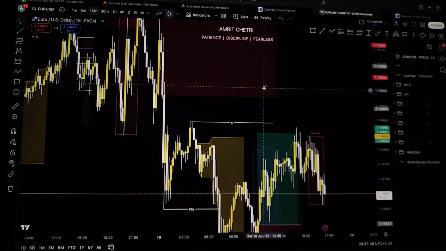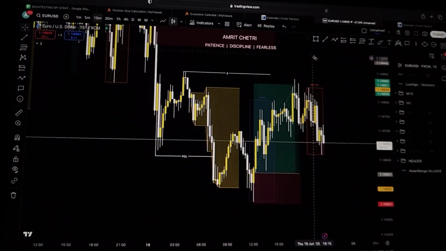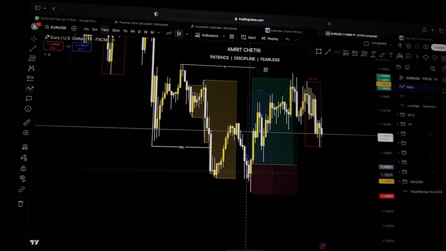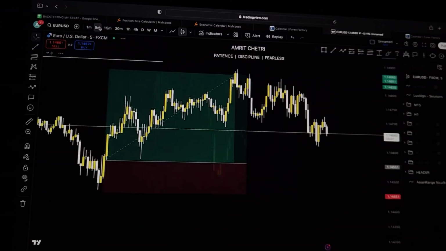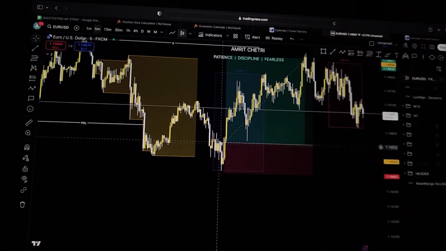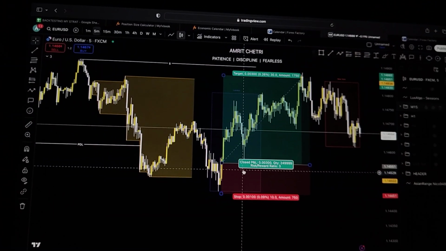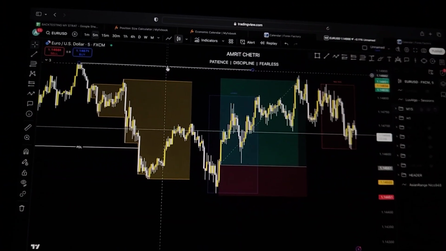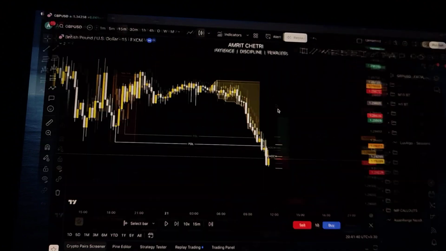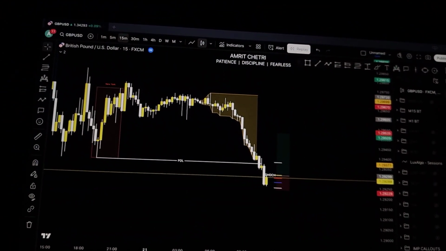My bias was bearish. I marked this supply zone to trade from, but the price never entered the supply zone. The Asian low liquidity got swept, and on the M5 we got a beautiful entry right here. It was an M1 entry, to be honest, but it was a beautiful entry. Got a 1:3, we bounced, right? So that is why I'm saying the importance of knowing, of adapting.